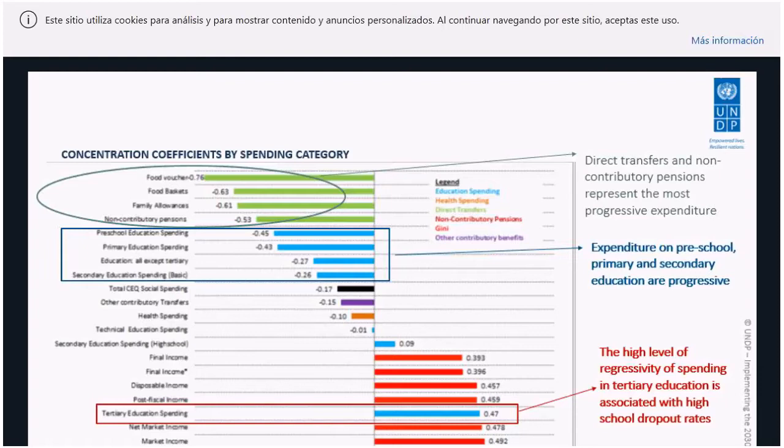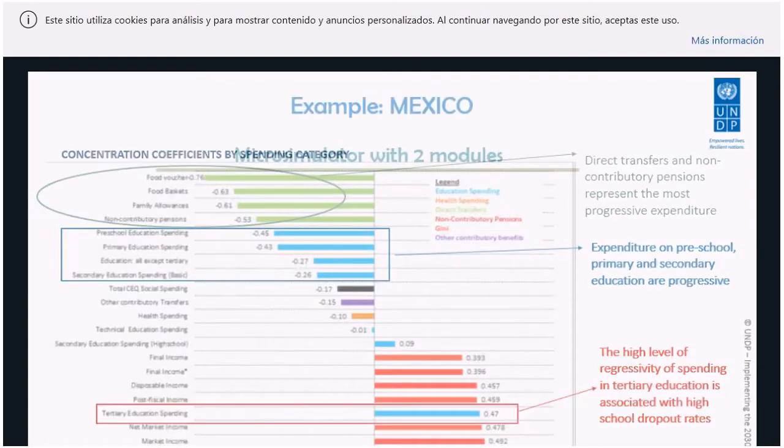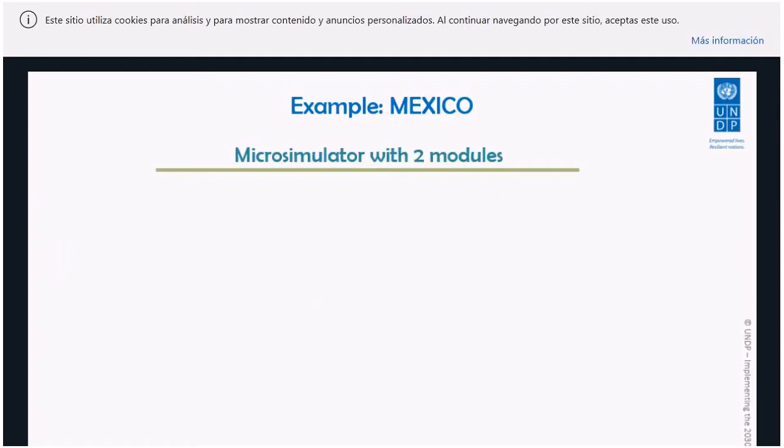So this doesn't mean that we should avoid or cancel any public spending on tertiary education, subsidizing universities. I don't want to say that, and I don't want you to understand that from this graph. It's just that public universities may have other goals, such as producing public knowledge, public goods for society, that are not reflected here in the Gini coefficient. So I just made some other point. We can debate about the usefulness of other policies, but I want to move to the microsimulation